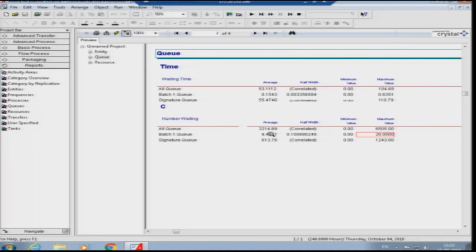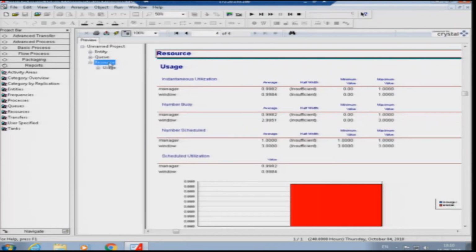Say, for example, instead of making the batch size 20, if we end up making a batch size of 100, then more people are waiting to get batched, and ultimately the process is affected. So this also has to be taken care of. First of all we need to take care of these two particular processes, then we will discuss how a change of batch size can impact the process.